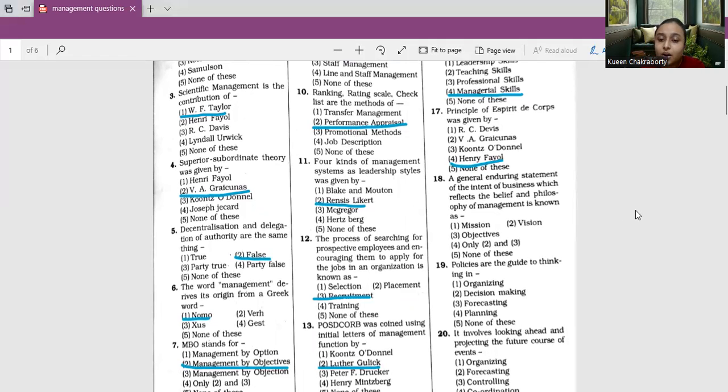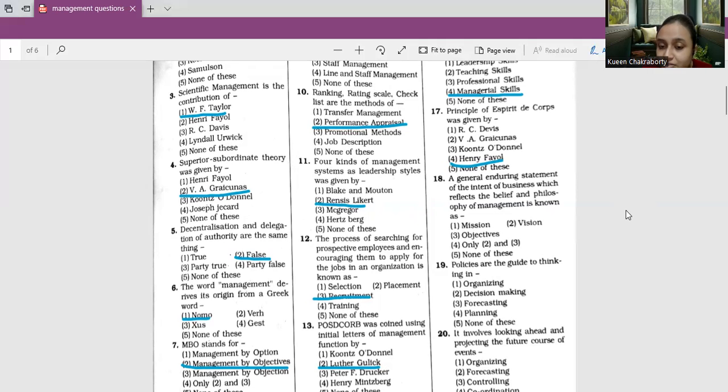So basically, a mission is an enduring statement of purpose that distinguishes one organization from other similar types of organizations or enterprises. This mission statement is a declaration of an organization's reason for being. Why does it exist? Sometimes it is also called a creed statement, a statement of purpose, a statement of belief, a statement of business principle, or a statement defining their business.